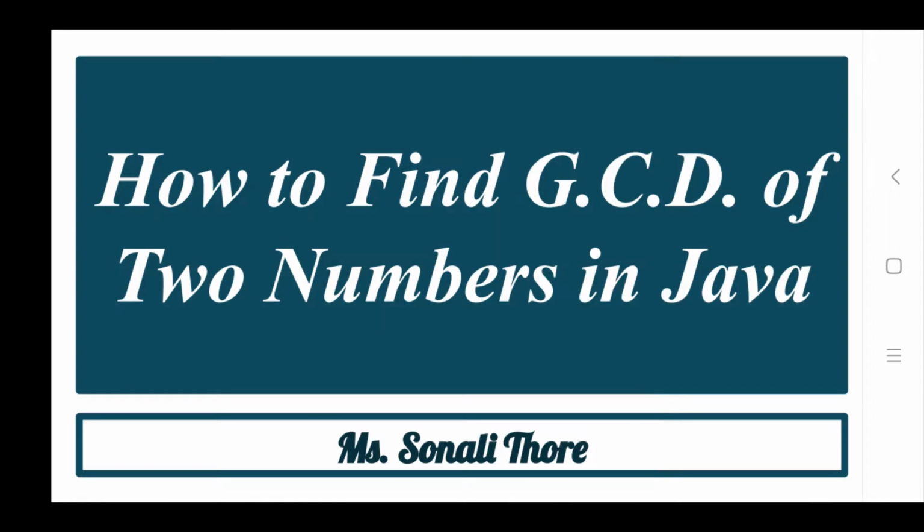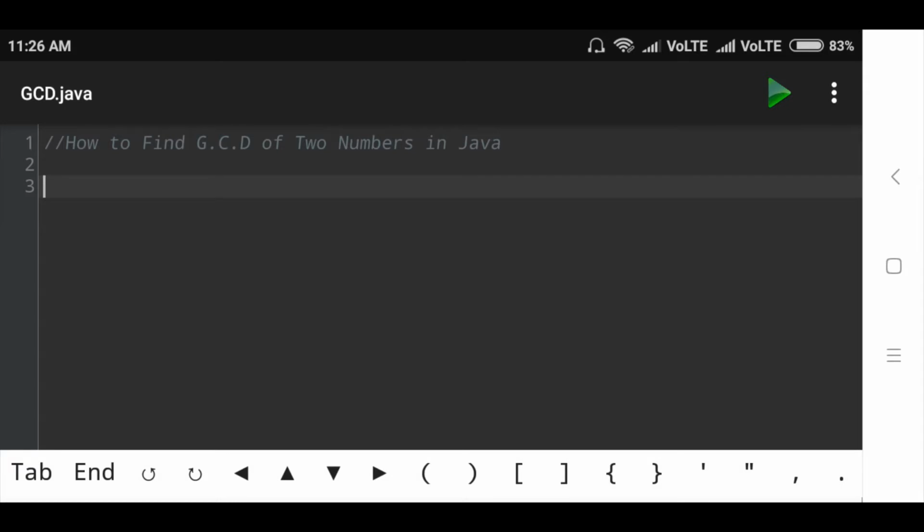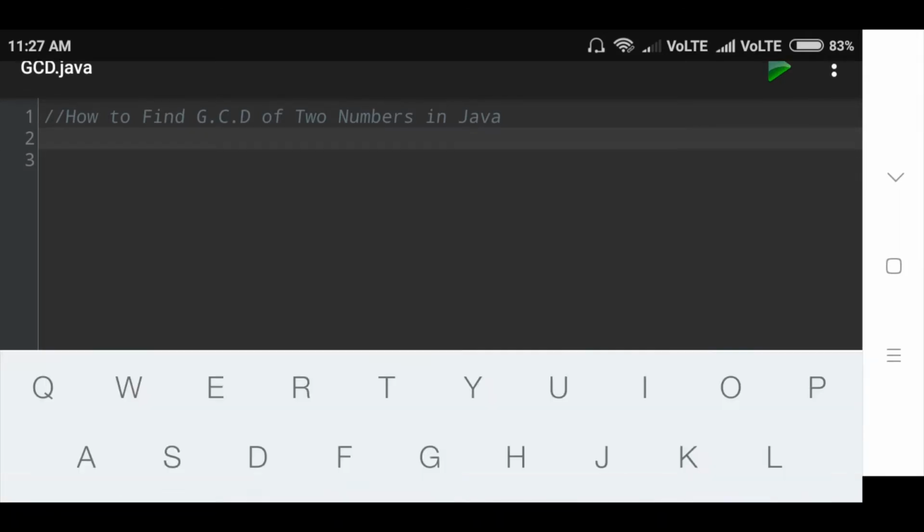Now let's start the program. Now see here, for example, here I am taking two numbers 4 and 6. Here we can take any number. Here I am taking two numbers 4 and 6. Factors of 4 and 6 are